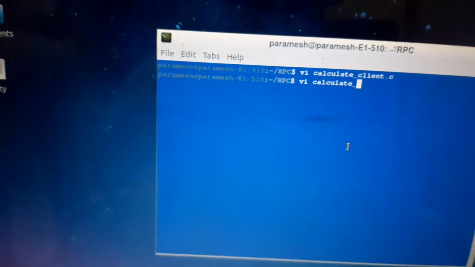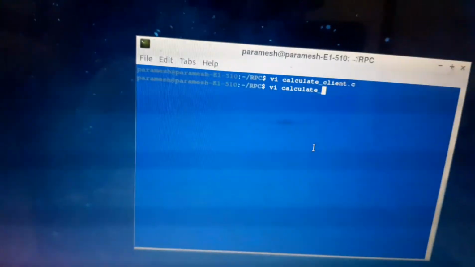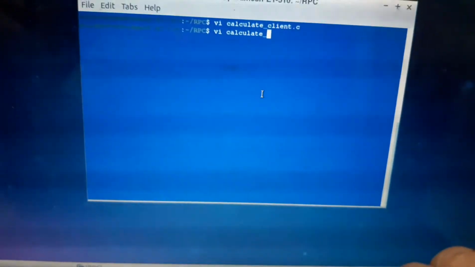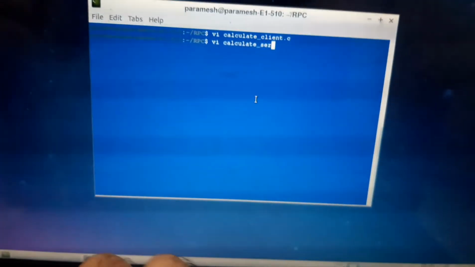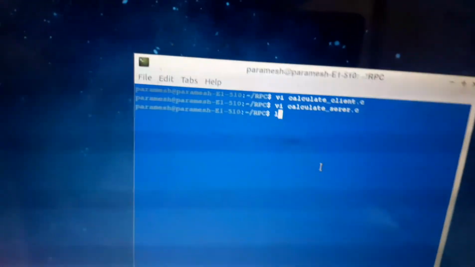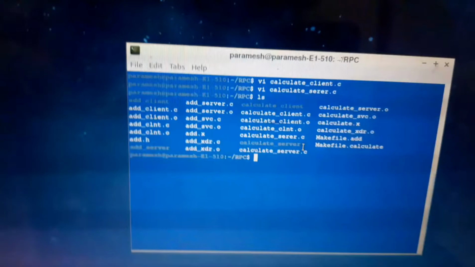Calculate underscore server dot c. Oh, it's not there. We have to enter the correct one. First we will check the commands.